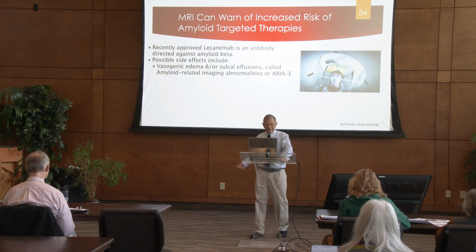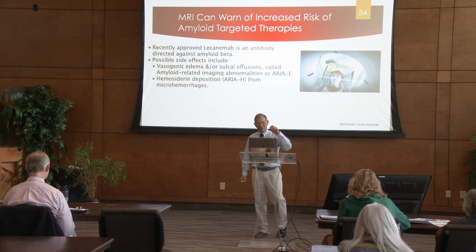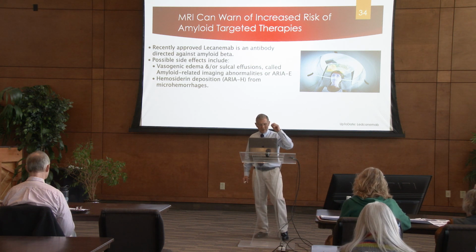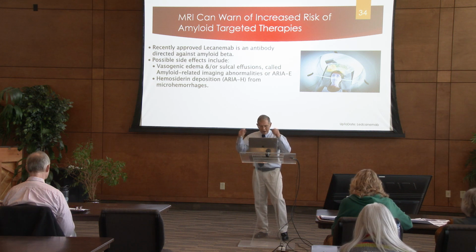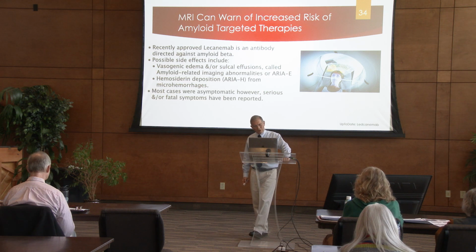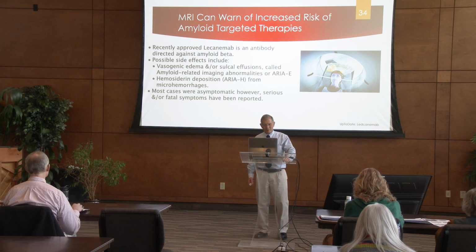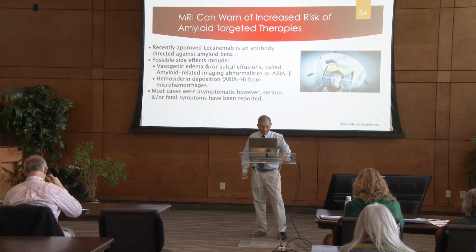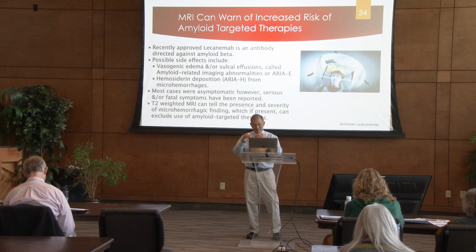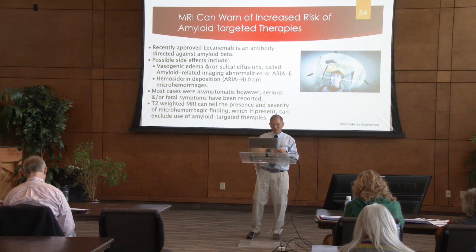It can cause hemosiderin deposition. These are the pigments from bleeding in the brain. These are microhemorrhages. Most cases are asymptomatic, but serious and fatal symptoms have been reported. A T2 weighted MRI can tell the presence and severity of the microhemorrhaging, which, if present, can exclude the